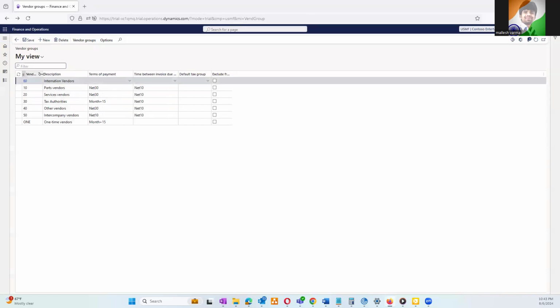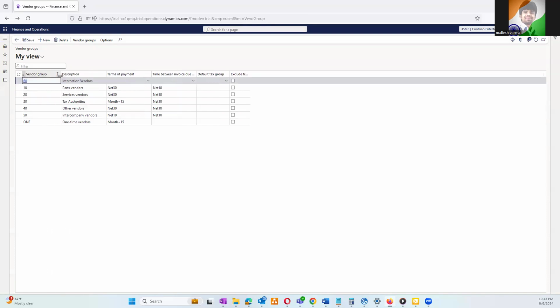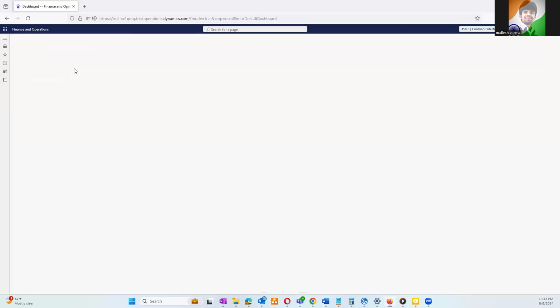Customers are nothing but, when you start the implementation of a new project, the company owners and the company business stakeholders, those people are going to provide the data. So here we simply cannot add whatever data is required. This complete data is given by the company owners. So once I create a vendor group, I need to go back to all vendors